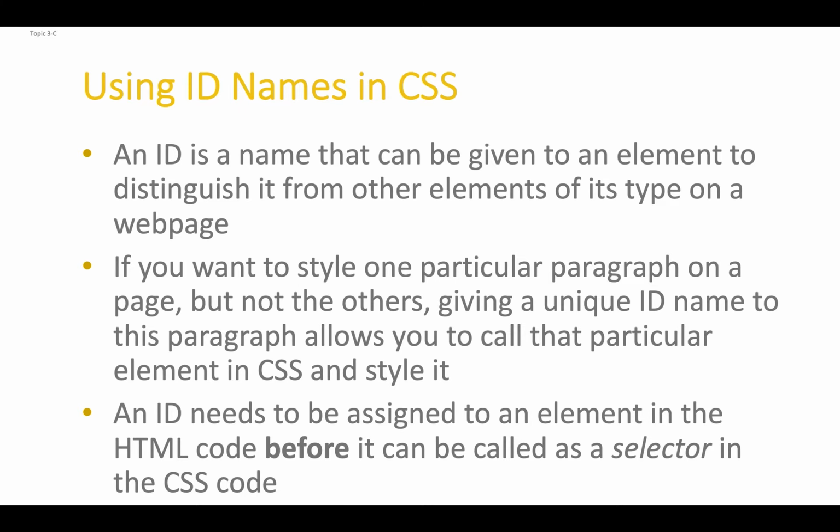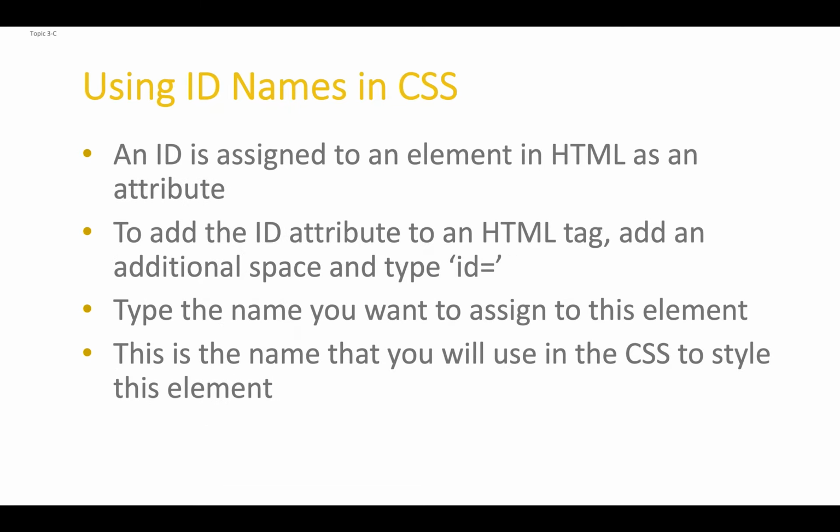So an ID needs to be assigned to an element in the HTML code before it can be called as a selector in the CSS code. So this is up to you, the writer of the code. If you want something to be set apart and different, then you need to use an ID selector. So here is how you do it. The ID is assigned to an element in the HTML as an attribute. So for example,